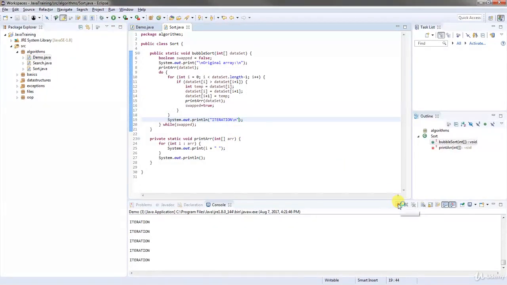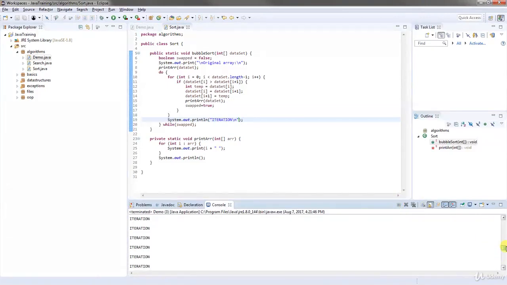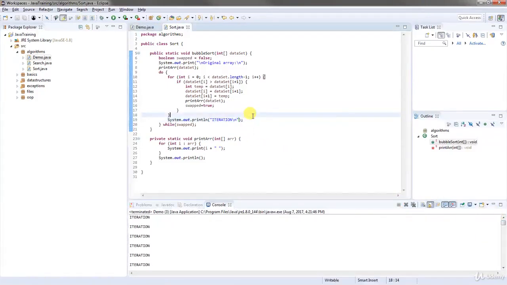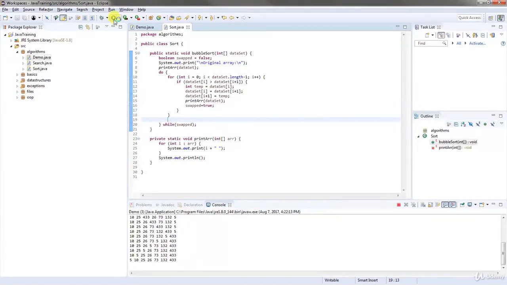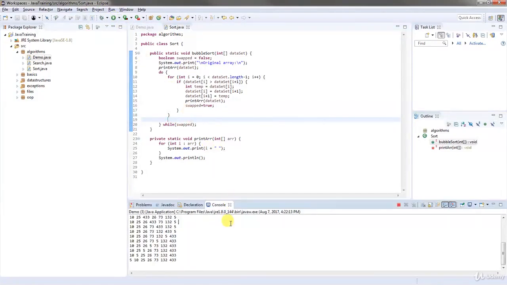Okay, that's not what we wanted. I don't know why that happened, because that's just printing. I'm not sure why the iteration printed so many times, because all we want to do is print every time after each